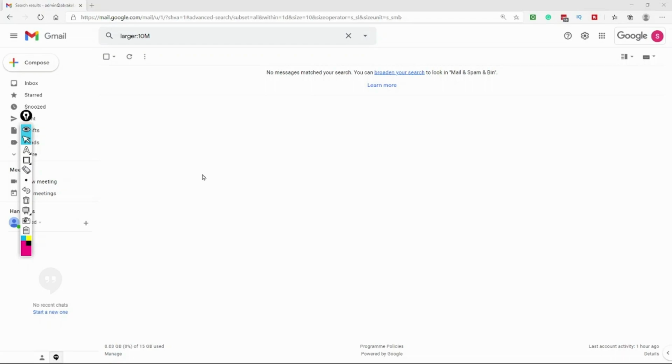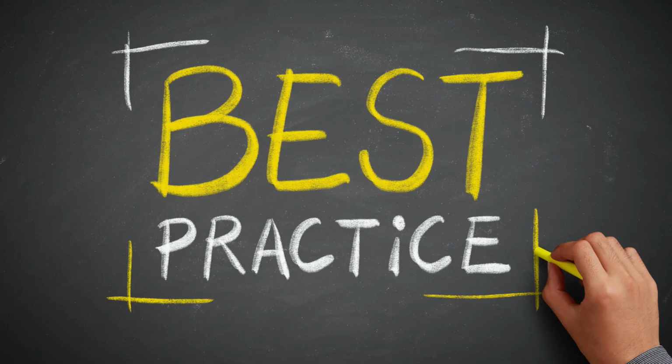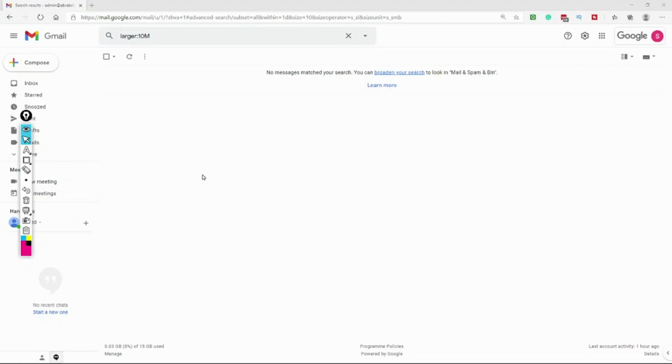So these were the two options, but do you know what is the right thing or the best practice in this? The right thing to do would be, if you have to share a 10 MB or a 20 MB file, or maybe even bigger than that. Normally, Gmail will not let you attach anything more than 25 MB. In this case, the one I'm about to tell you, you can attach even larger files and still save on the space in Gmail.